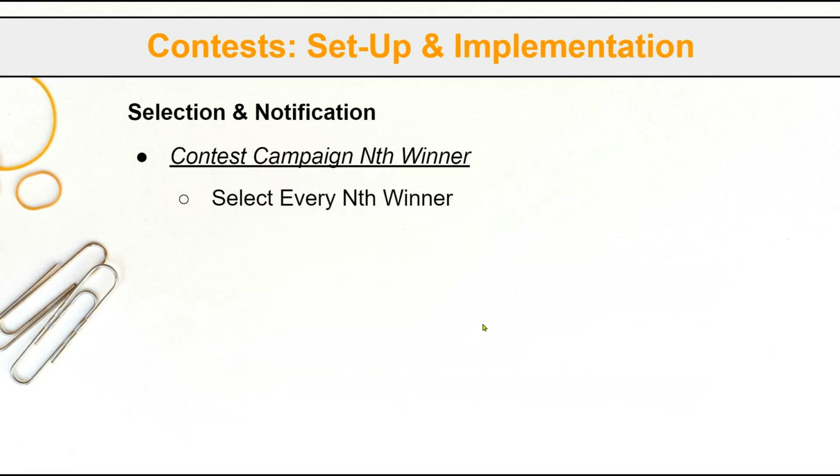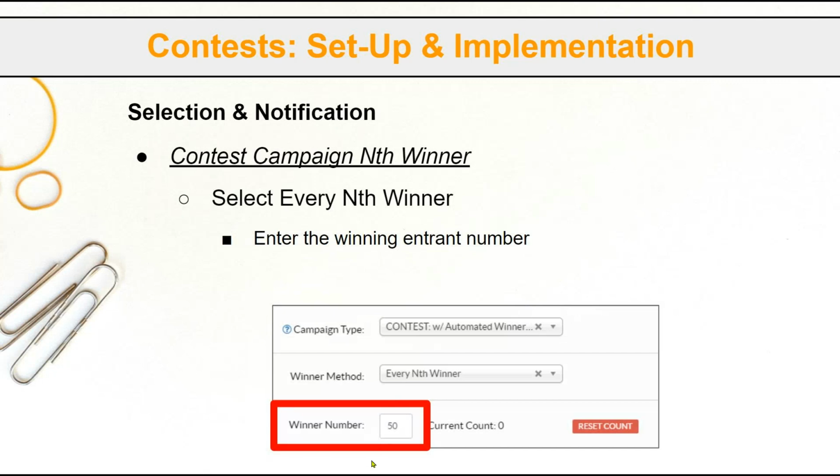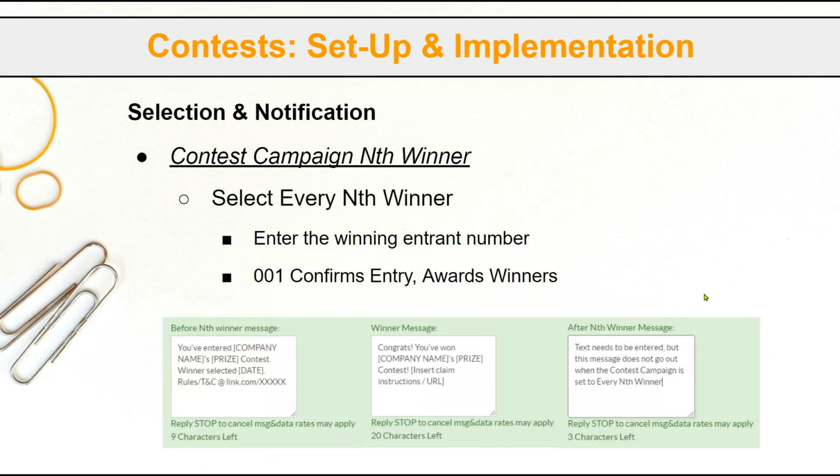In contest nth winner, that is set to select every nth winner. Here again, you enter your variable, in this case again, 50. In this case, we have the 001 that does the same. It confirms the entry. The winner message goes out to the individual that was selected. However, since the selection process for every nth winner is dynamic, meaning every entrant that meets the 50 criteria, every 50th, 100th, 150th, and so on, is selected as the winner, there is no after nth